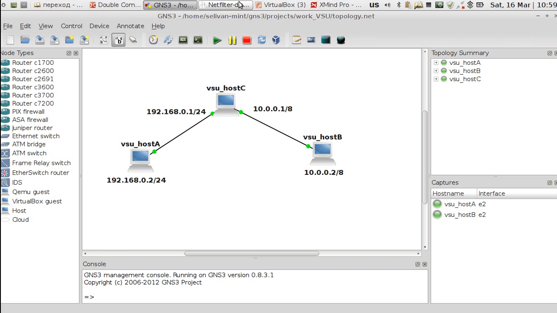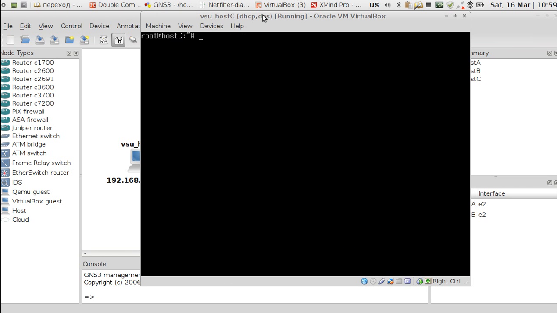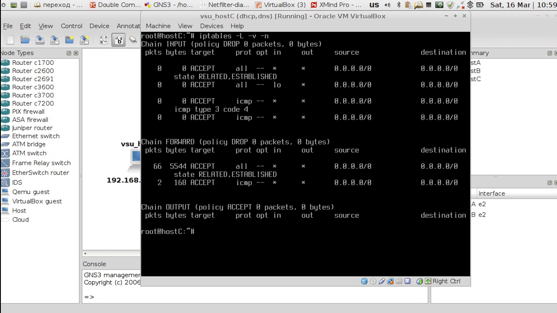We have no rule in our forward chain for any packets. Here we have this rule, but the answer packets will be accepted in the first rule as related established packets, because the answer packet is